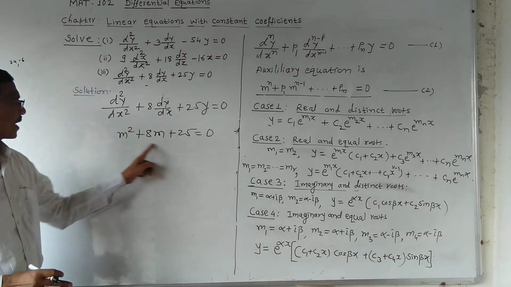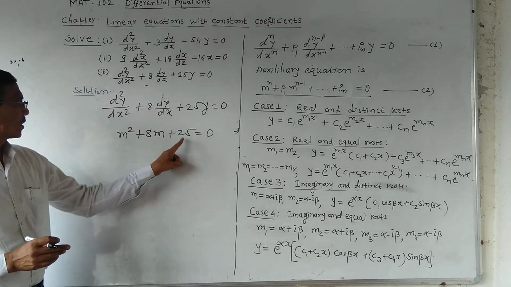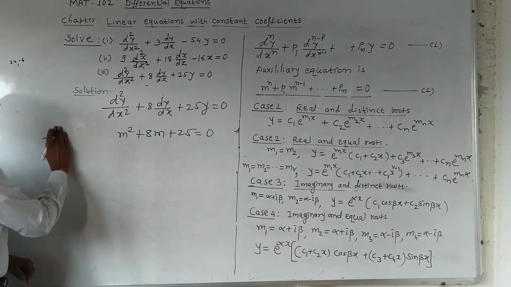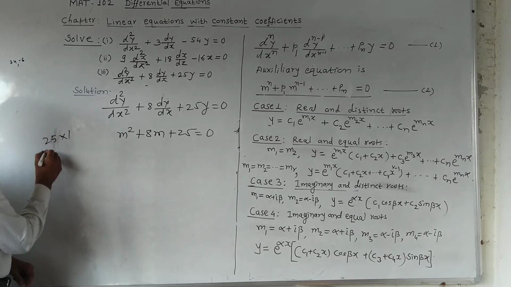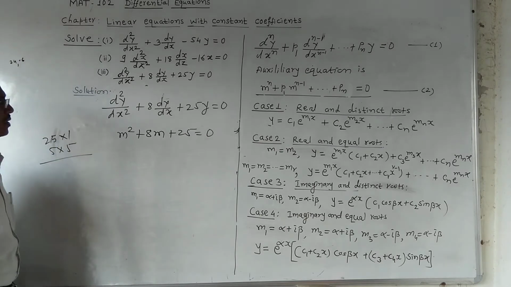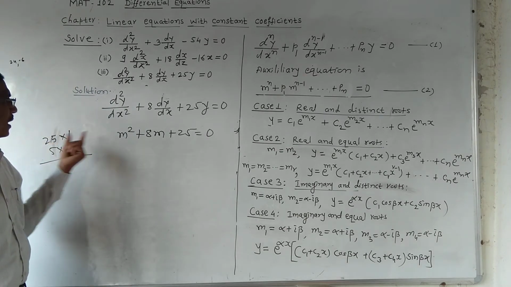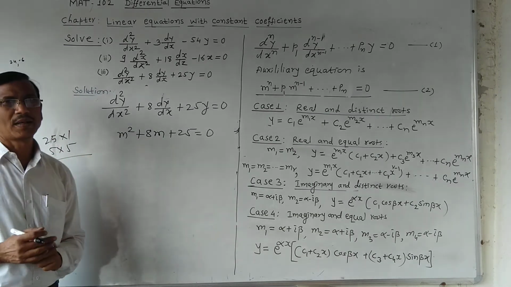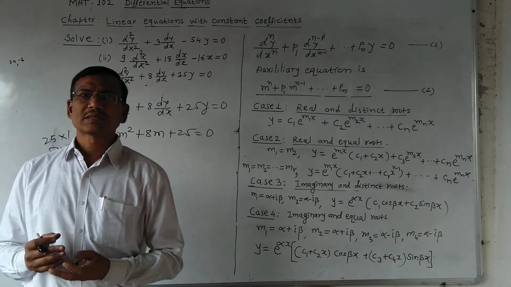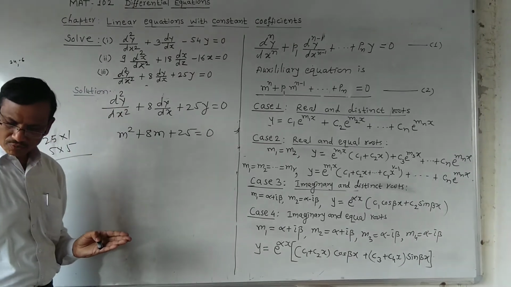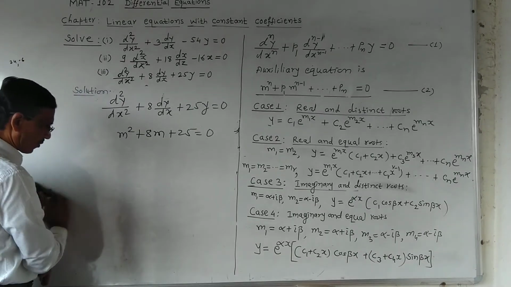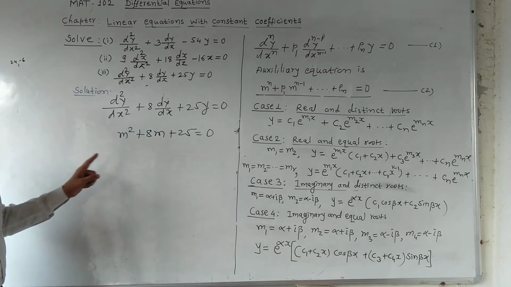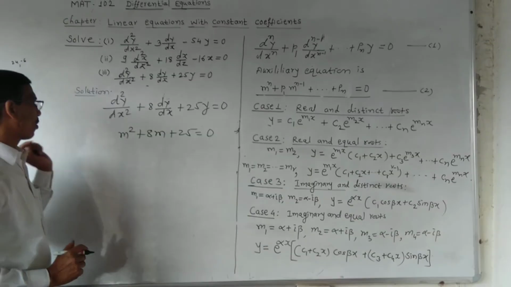Okay. Now find the factors. Now this is the 25. Factors of 25 are only 25 into 1 and 5 5s are 25. This is a plus sign, we have to add here 8, but this is not possible. That means we cannot find the factors, and we know that if we are unable to find the factors or factors do not exist, then there is a formula to find the solution of a quadratic equation.